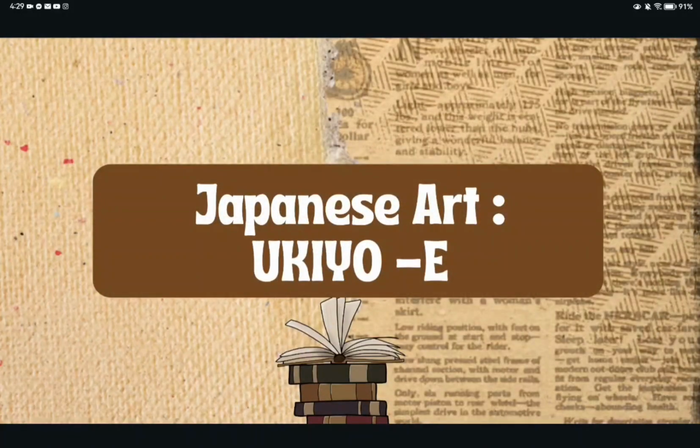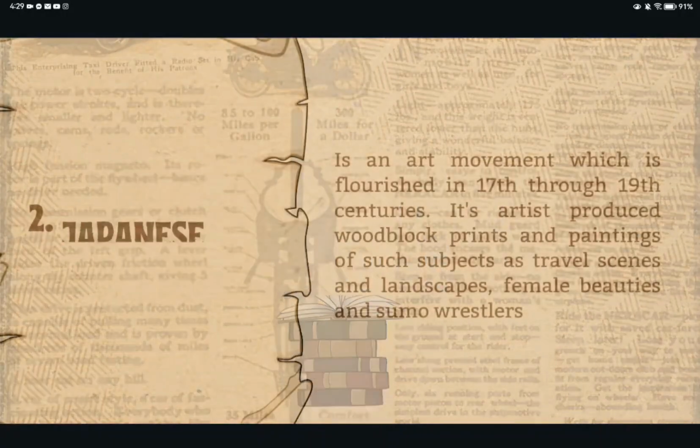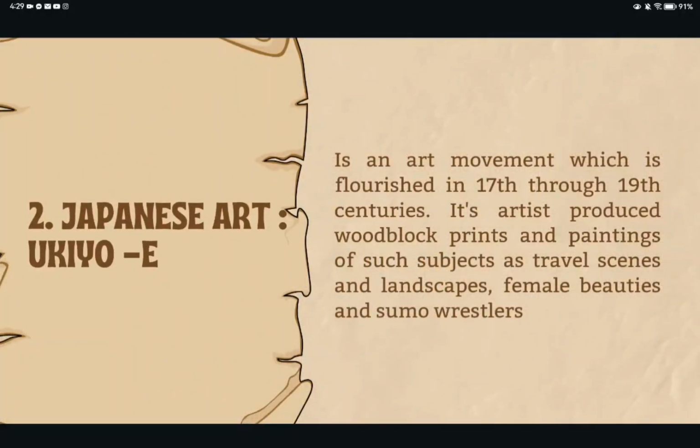And our second topic is all about the Japanese art ukiyo-e. Ukiyo-e means the floating world. It refers to the reckless young culture that bloomed in the urban centers of Edo, Osaka, and Kyoto, that were worlds unto themselves. Edo is the modern-day Tokyo. Also, the Japanese ukiyo-e genre thrived from the 17th through 19th century, and the artists produced woodblock prints